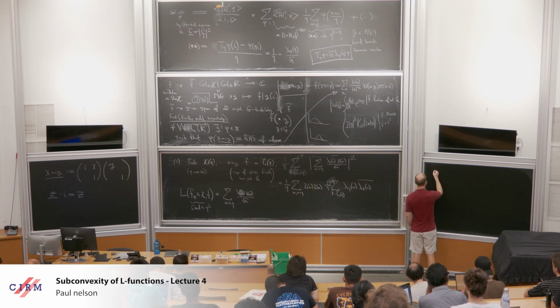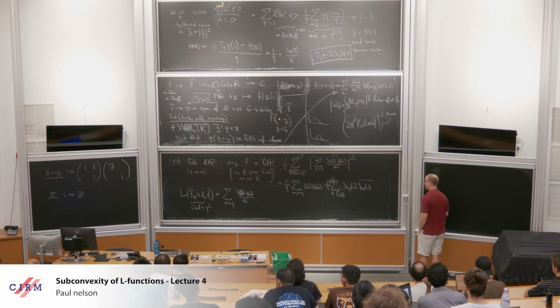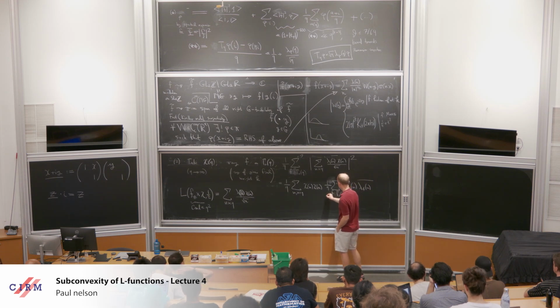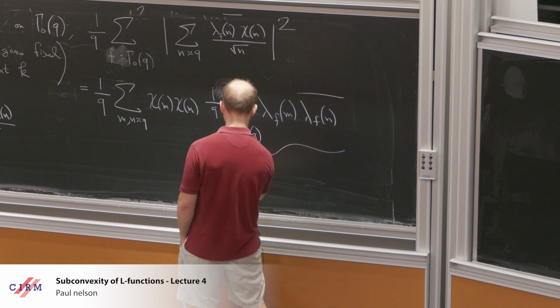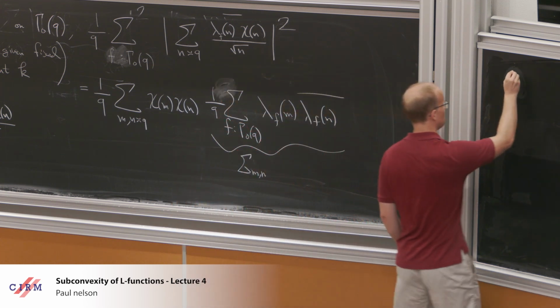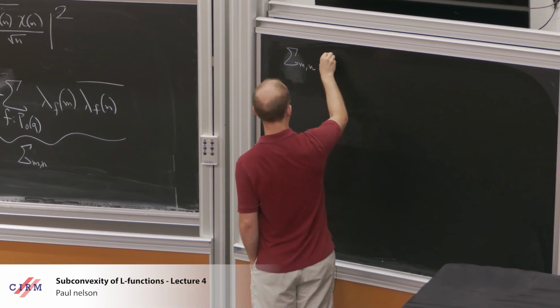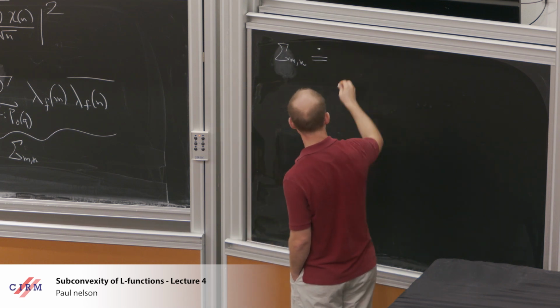So in general, it says something like, if you take 1 over... yeah, maybe I'll just write it in place here. Do we have enough room? Okay, I don't know. Let's give this a name. Let's call this sigma subscript m and n. And then the formula says that sigma mn equals, up to things that will be obvious if you look at the actual formula,